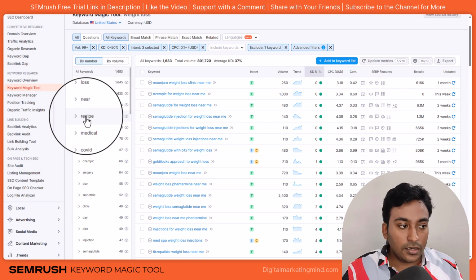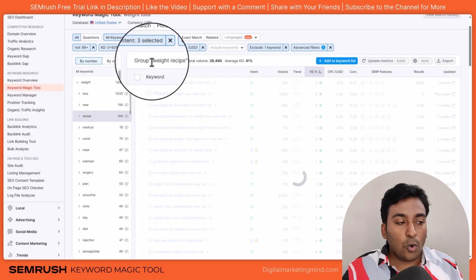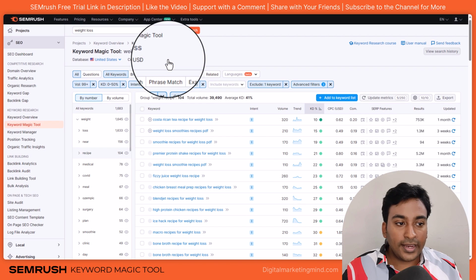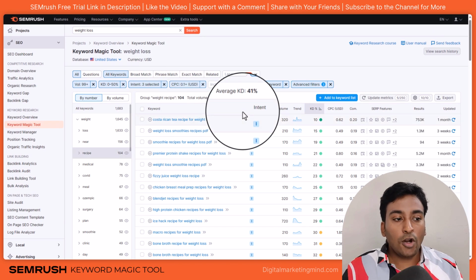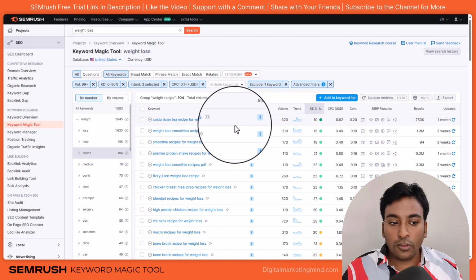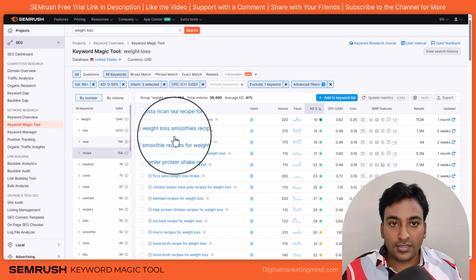So when I click here, it will show only the keywords which have both of these words. Basically this works like include keyword, but we are not sure what include keyword we want to give. We want to find all the popular ones from this section here.